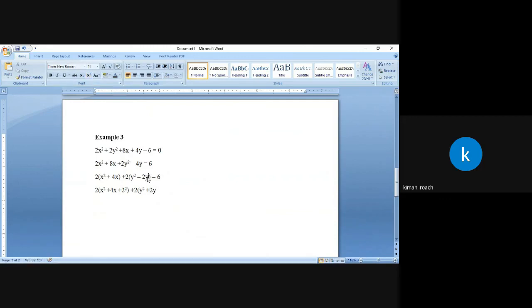Just for correction, this should be 2y, and this should be plus. When I take half of 2, I get 1, square it, and add it to both sides. Now, one of the things that we need to take note of here is that when